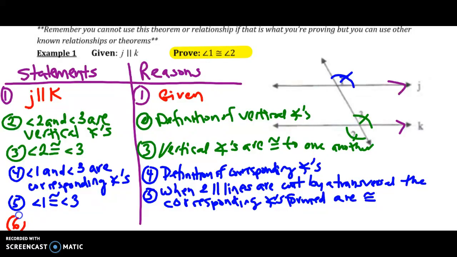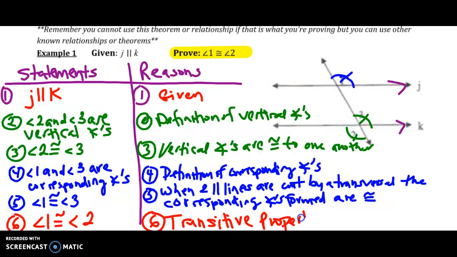So our last statement is always what you're trying to prove. I now have enough information to prove that angle 1 is congruent to angle 2, and I know that by the transitive property. And you can just write transitive if you don't